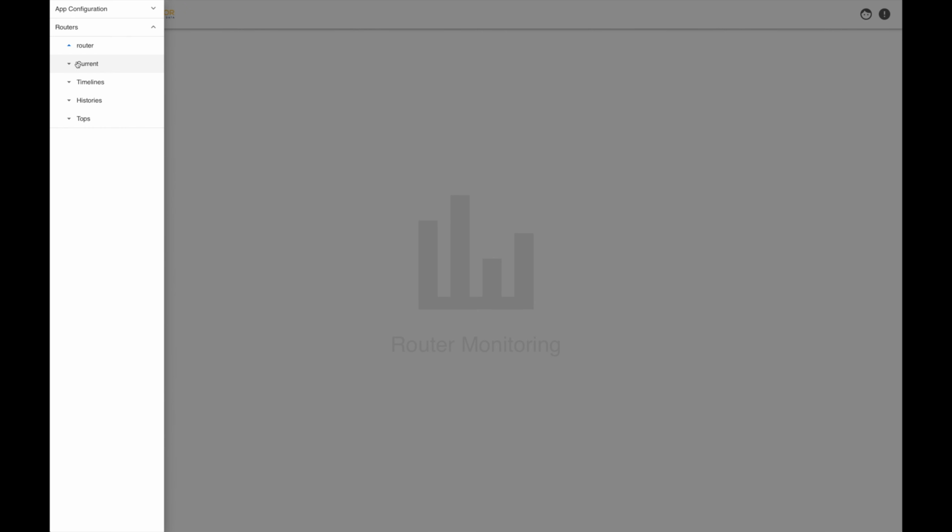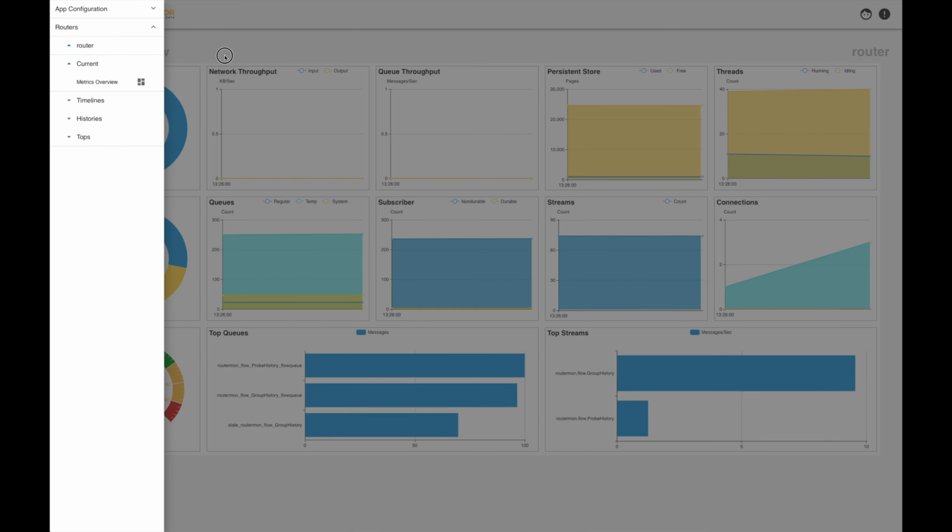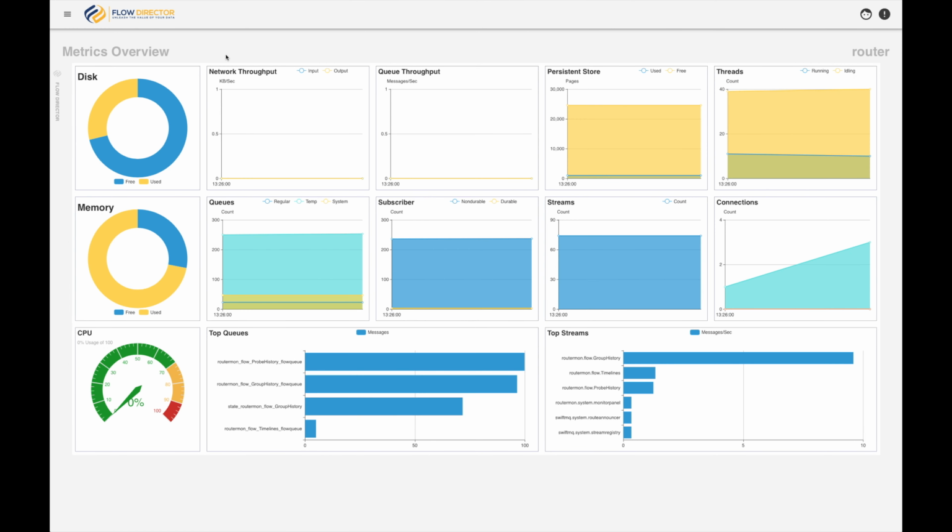The subnode of the current state includes a dashboard with the live metrics of the router. In here you have an overview of the most relevant parameters of your router. You can see the usage of the disk, the memory, and the CPU, the throughput of the network and the queues, how many pages of the persistent store are used, and the count of the threads, the connections, streams, subscribers, and queues. At the bottom you also have two charts, which show the message count in the queues and streams